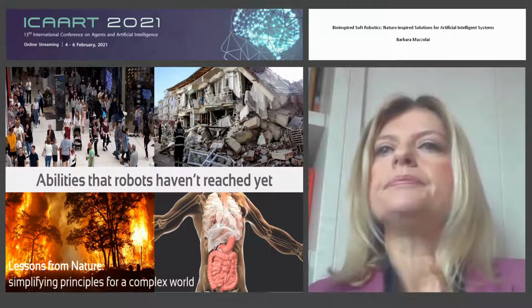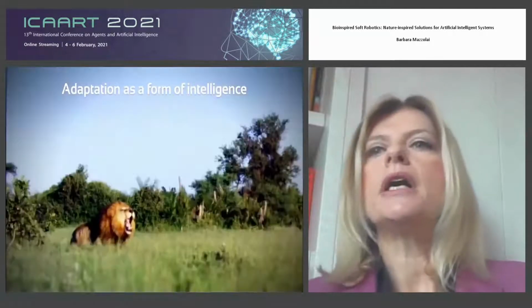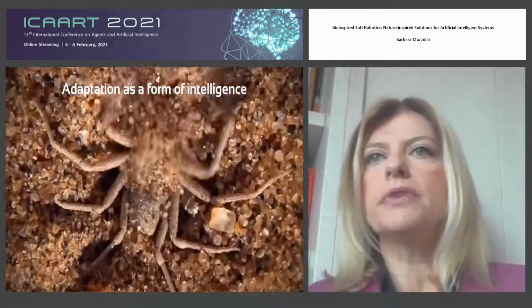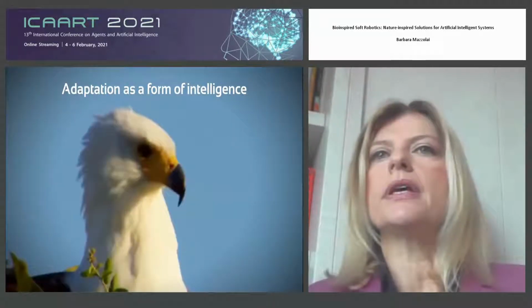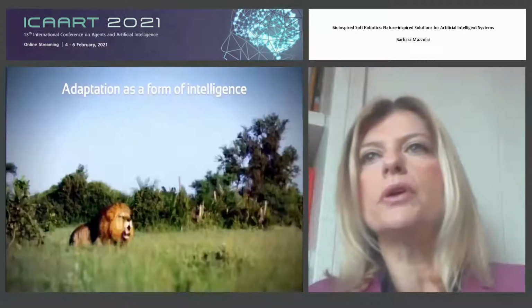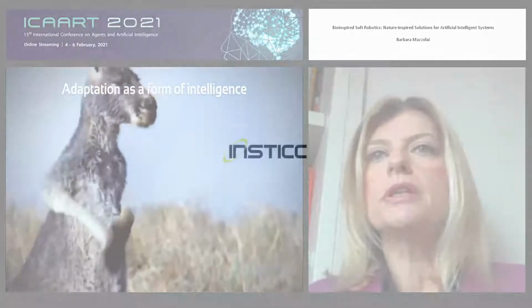And in fact, living organisms are designed to adapt to different environments, to very, as I say, unstructured conditions. And adaptation can also be considered as a sort of form of intelligence in the definition of ecology. This is exactly the way in which we define the intelligence in living